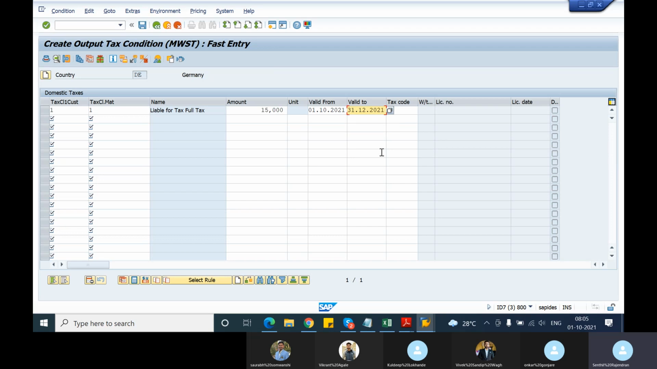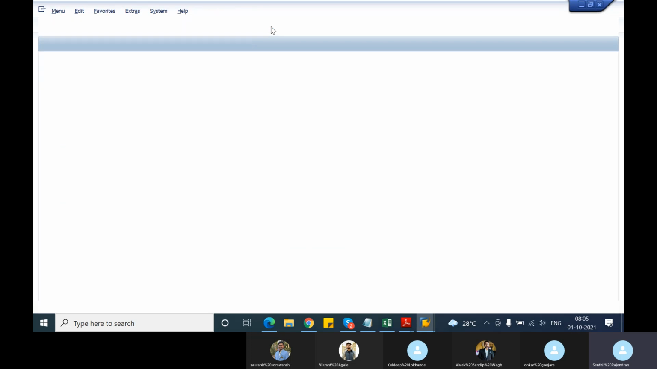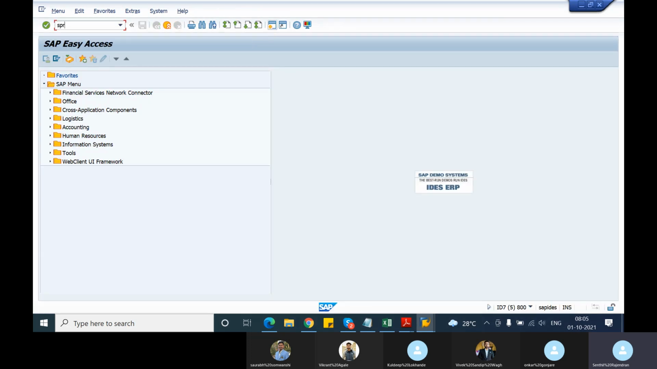But what are the underlying settings? You have seen from where this tax classification comes. First is the customer master and next is the material master. And then you have something called the tax code. We will see from where we get the tax code. And then we will see other components of this tax determination. Now, where are the settings for this tax? Now, if we go to SPRO,